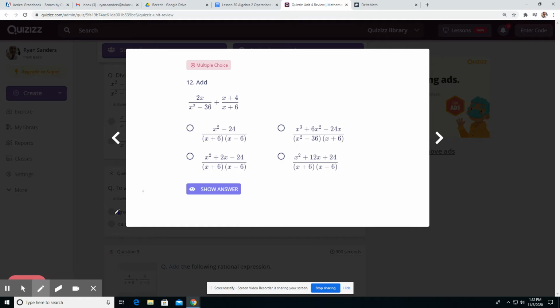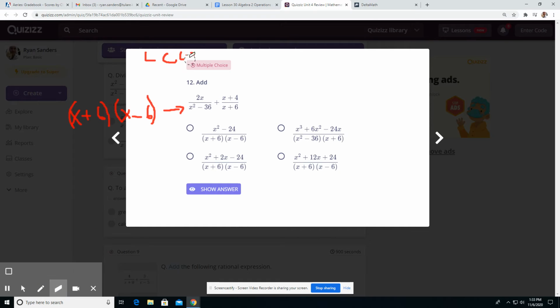All right, let's see how we do here. I like my red color. All right, so this bottom right here, I've been telling you to watch out for these. That's your difference of perfect squares. Did you notice that? That's an x plus 6 and x minus 6. Anything else that we can reduce or factor? No. All right, so then our least common multiple,